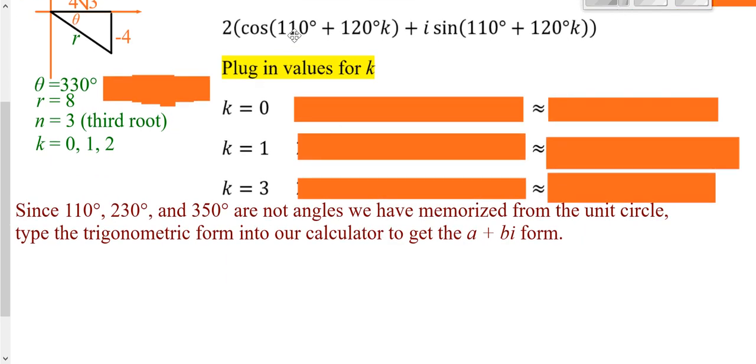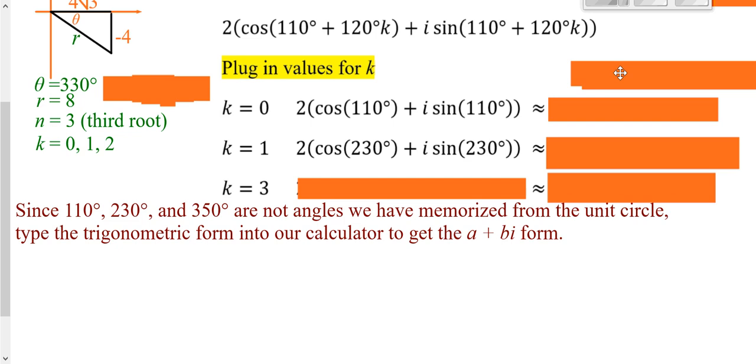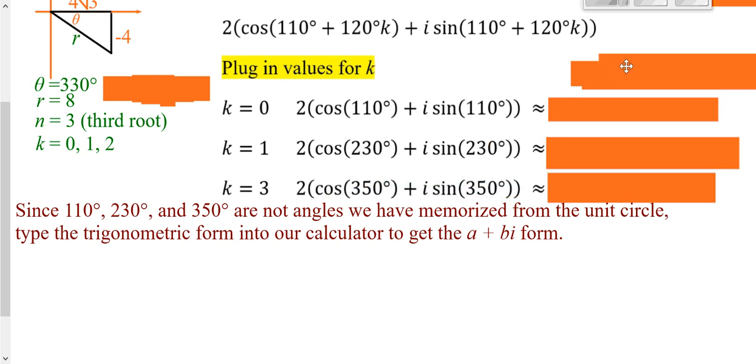Plug in k being 0, I get an angle of 110. Plug in k being 1, it'd be 120 plus 110, or 230. Then I'd plug in 2, and I would then get 350. Now, because cosine of 110 or the 230 or the 350 are not ones you're supposed to have memorized